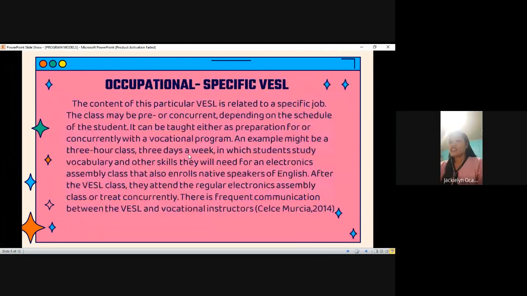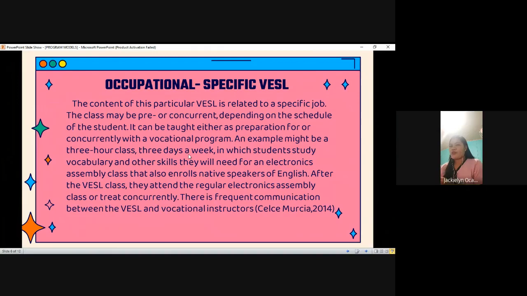And second is occupational specific VESL. The content of this particular VESL is related to a specific job. The class may be pre or concurrent depending on the schedule of the student. It can be taught either as preparation or concurrently with a vocational program.